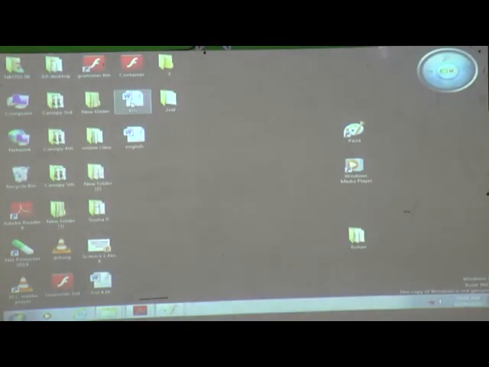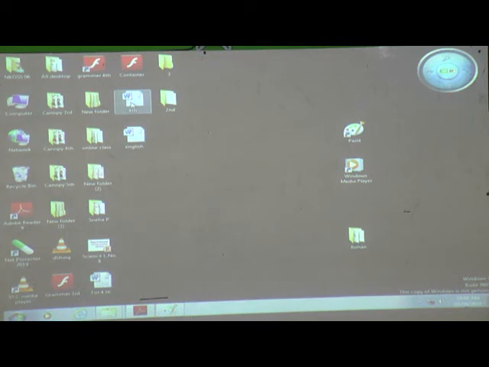Click the right button, and you can see here paste. This file is here also and this file is here also. Copy means this file is outside also and this file is in our folder also.